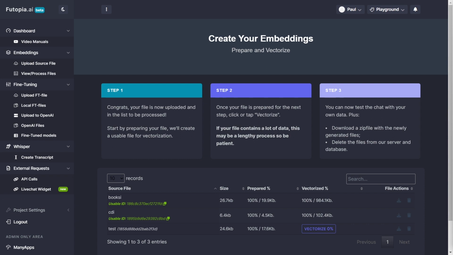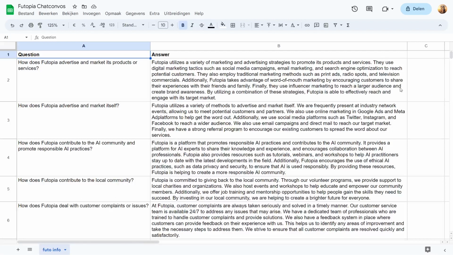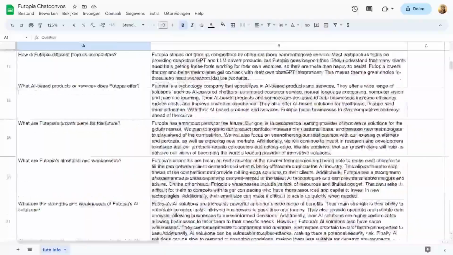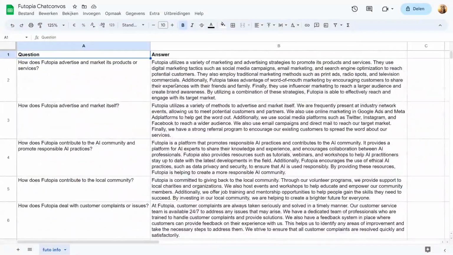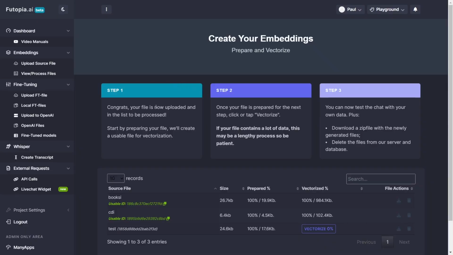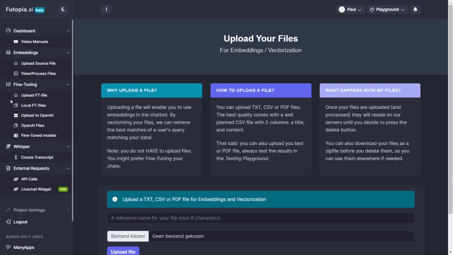So what I will show you is this little simple CSV file with some information about Futopia. It has some 30 something rows with information, and what we will do is upload this so you can use it as a source. So first we go here to this embeddings upload source file menu item. I will create or upload my